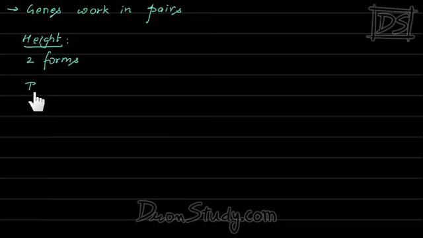One form is called capital T and the other form is called small t. Now this form, the capital T one, is responsible for making the organisms tall, and this form, the small t, is responsible for making the organisms short. Okay. Now, in any organism, there will be height-related genes, and there will be two height-related genes.